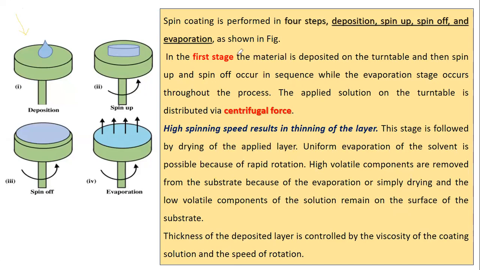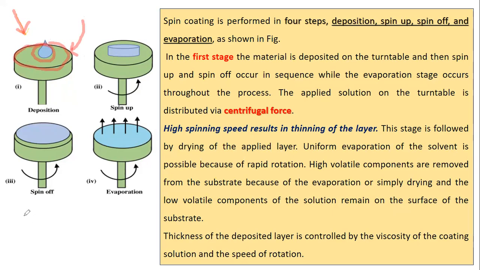This figure indicates that primarily we deposit one single drop cast onto the spin coater. After that, the drop bubble is deposited in a small area on that substrate, and the substrate is mounted onto the whole area of the spin coater, as per our requirement of substrate.